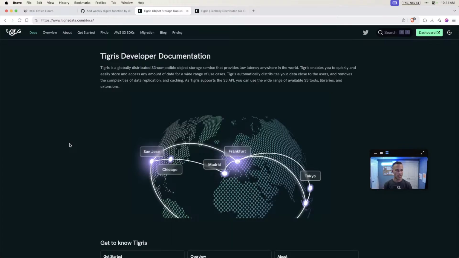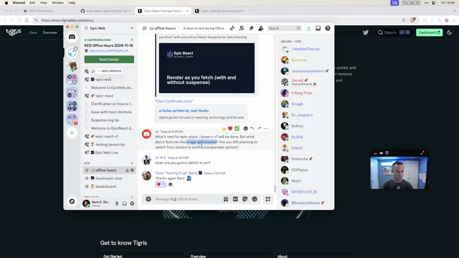And then as far as optimization goes, I would like to have a resource route that handles optimization. And in fact, this would make a lot of sense as an integration with Inngest. So you say, okay, user uploaded a photo, we want 6 different sizes of that. So load that in, process it, and then stick it into Tigris. And now we've got URLs for all those things. That would make sense if you really wanted to go deep into optimizations. Not sure that would be a good default, but it definitely would be a really great example.